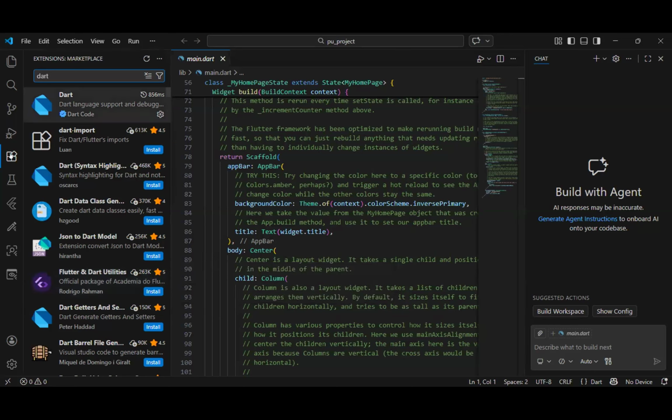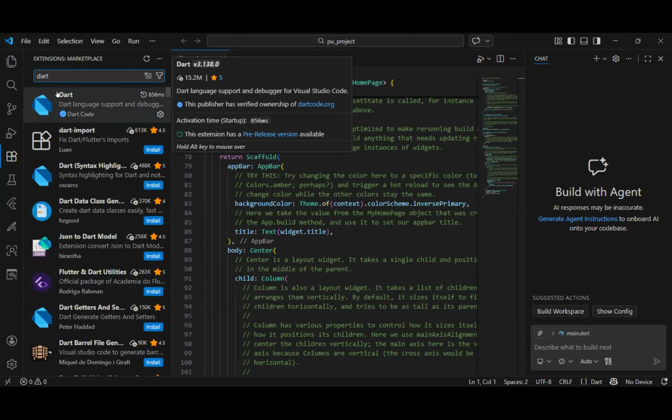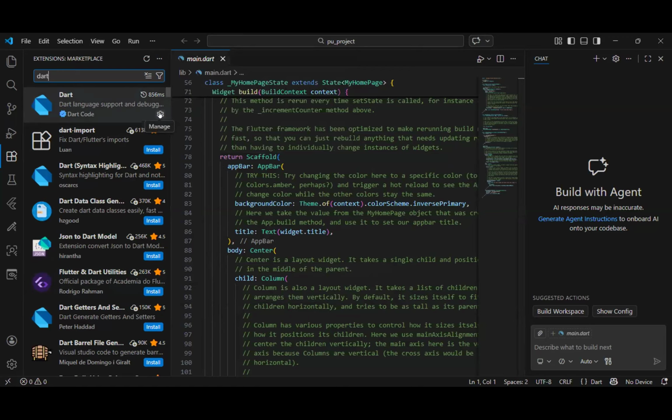So once you come to Extensions and you type Dart and enter, the very first item you see, you click on install. Because I have installed mine already, there are settings there if I want to change them. When you click on install, it will activate Dart for you. So that's how we add the Dart extension to your VS Code. Then you can start programming.